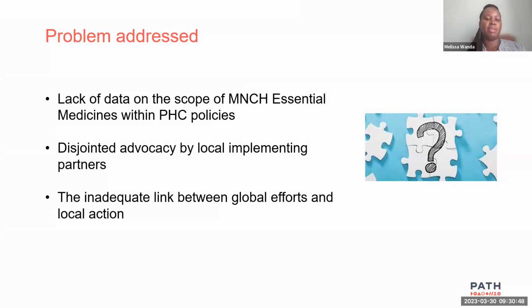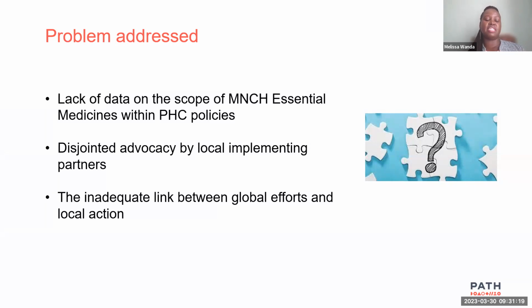Some of the problems that we had was inadequate data on the assets that are in this tool in various policies, and also that we are a civil society constituency, each trying to address part of the problem in our own way. So at national level and sub-national level, we wanted a more coordinated way of doing our advocacy, addressing the issue of disjointed advocacy.